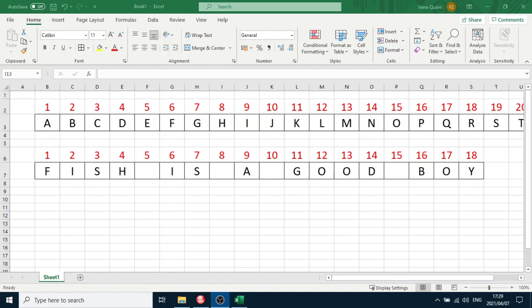Hello again. We're going to now decrypt and encrypt, or encrypt and decrypt. So when we encrypt, we take a sentence like this one, fish is a good boy, and we're going to